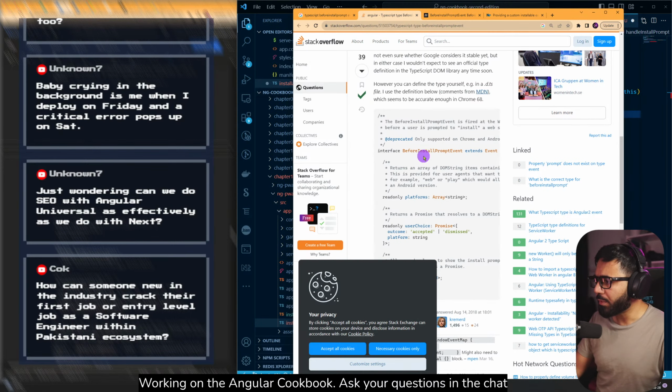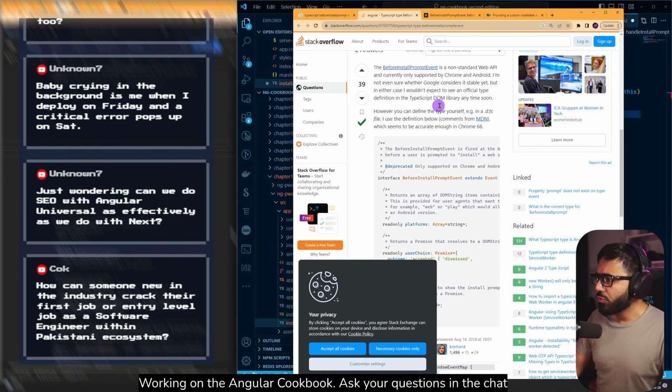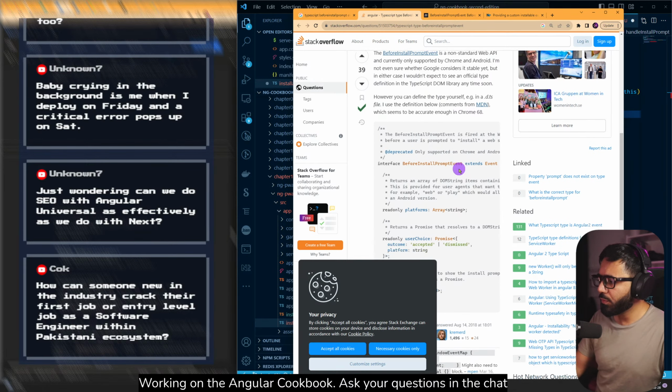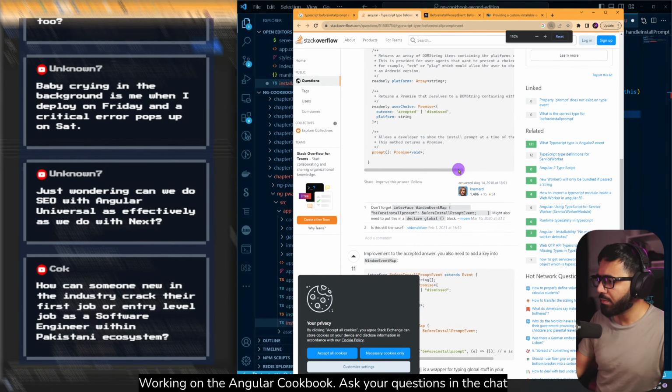How do we get it from there? Only supported by Chrome and Android. I mean, we would have to add our own type to it. That doesn't sound nice, but we